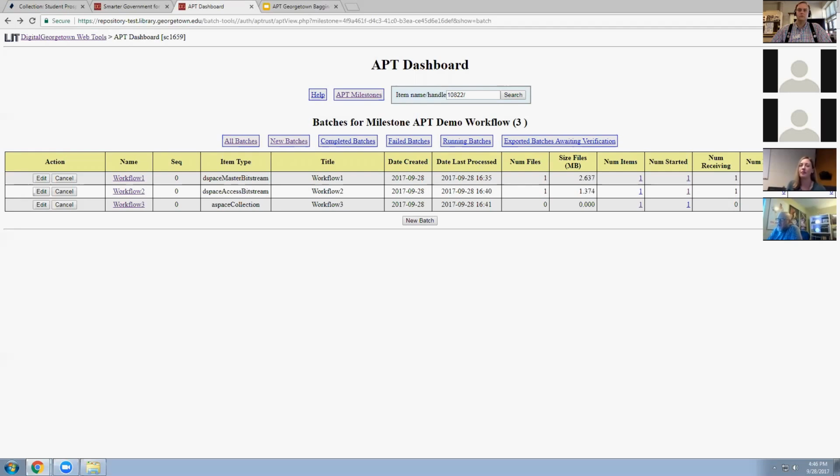Sure. So in that case that Suzanne described where we need to replace a bit stream within a bag, we've had to either hunt and find just the file we want to delete out of the bag, or we've gone into the web interface and just deleted the entire bag and then resubmitted it as a new ingest. The other thing is we'll kick off restores using the web portal for AP Trust.